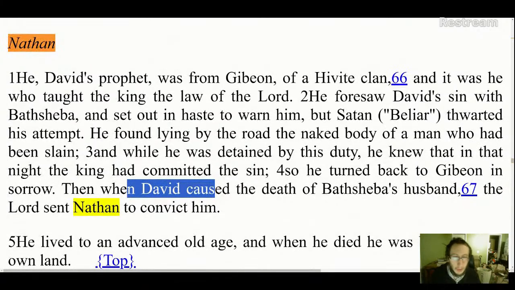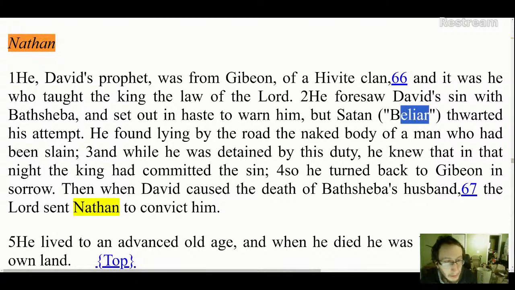So with all that said, we have a striking story that is not in our text at all. It definitely sounds like an apocryphal book. It mentions Belial or Beliar as the name of Satan. Nathan actually foresaw in prophecy, by a dream or whatnot, the sin of David, that he was going to sin with Bathsheba. And so he went out by command of God to warn David and tell him to stop and to not do the sin. But because of Satan causing someone to be murdered,